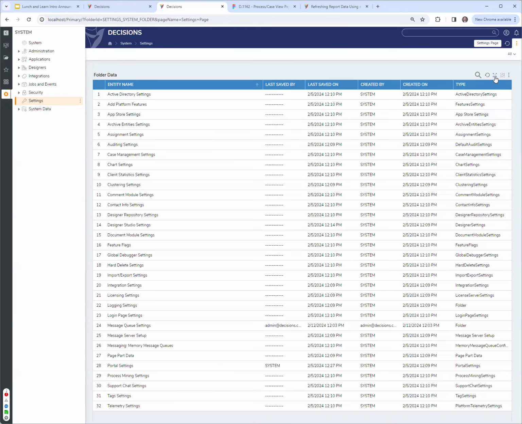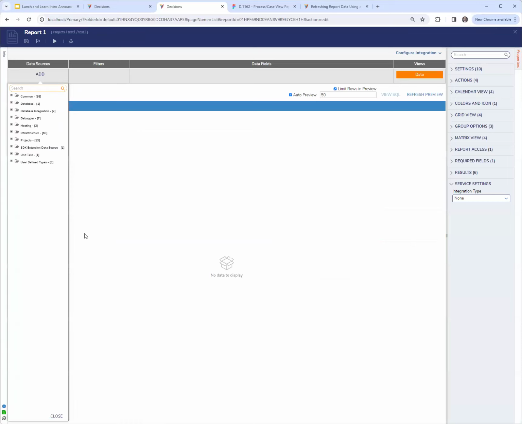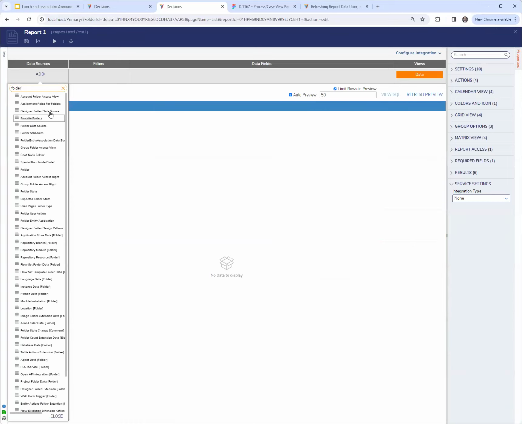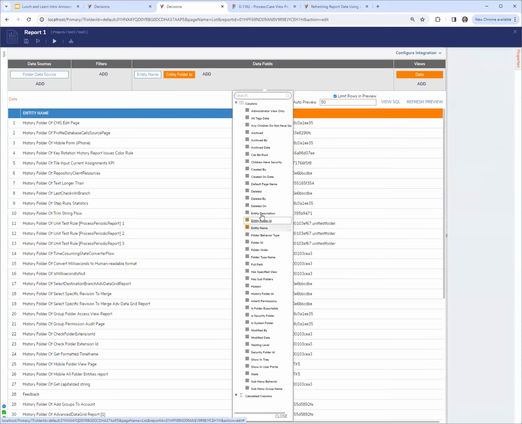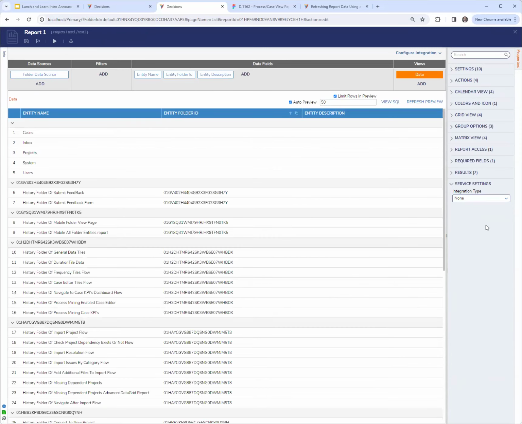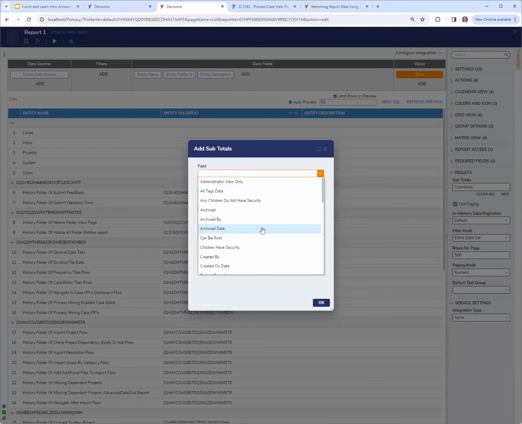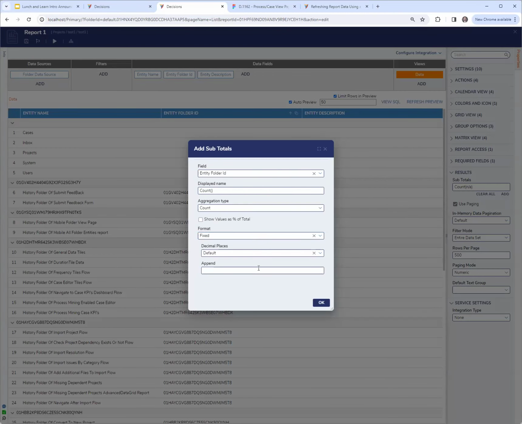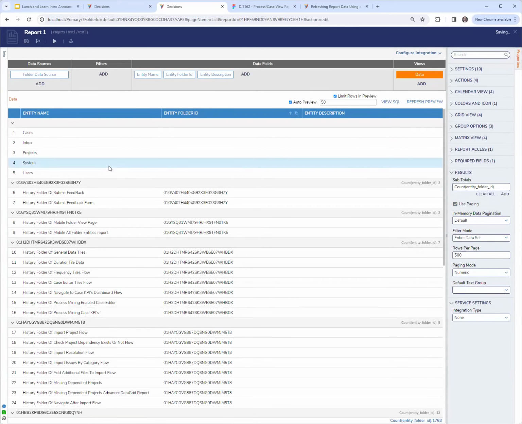So if we were to look at a report, yes, you can apply custom CSS. Is this configurable? Yes. Let me create this really quick. I'll group on entity folder ID, then do a count, and add a subtotal for the count on entity folder ID. And right now it shows here. And so if we run this,